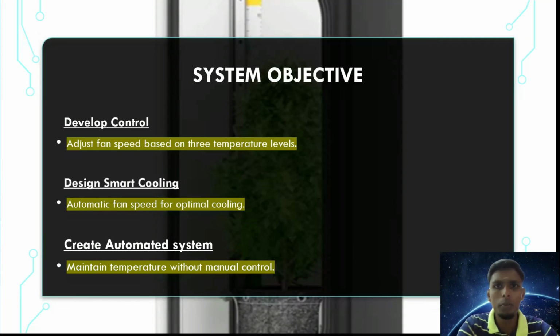So this is the system objective. First one is to develop control to adjust fan speed based on three temperature levels. So for the first objective, we can adjust the fan speed level based on the temperature level as we want. We can increase and decrease the fan speed